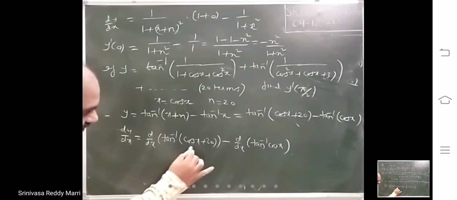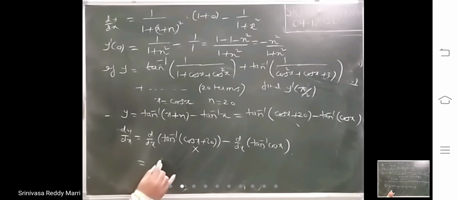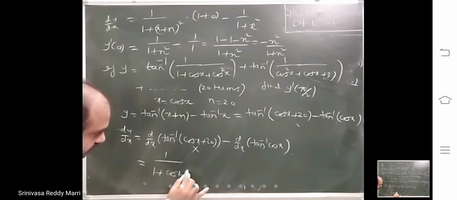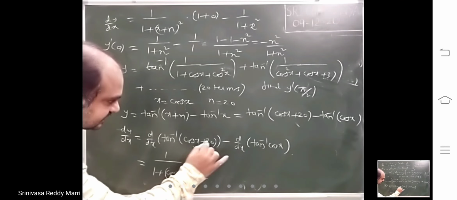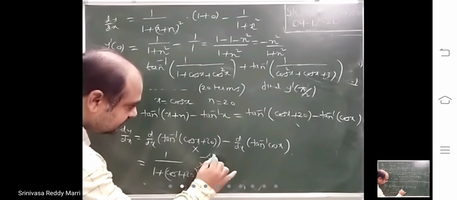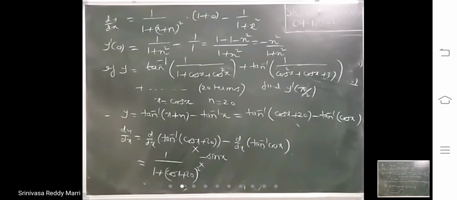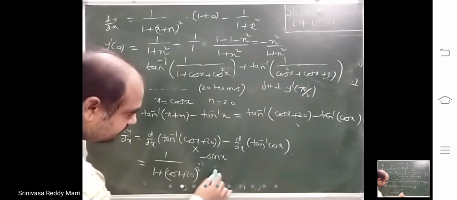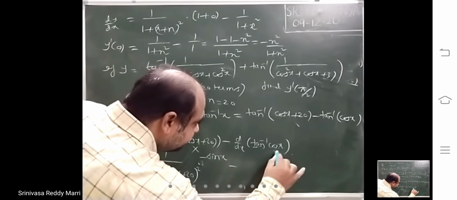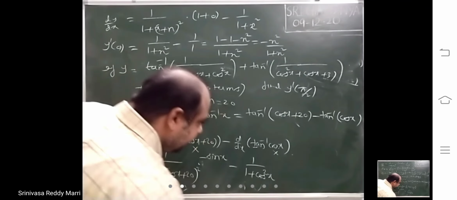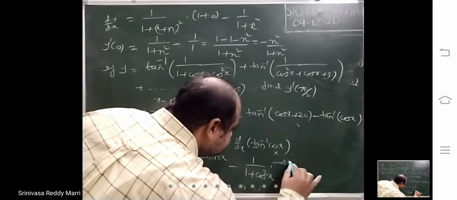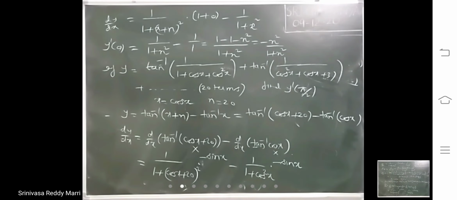So tan inverse now capital X. So therefore 1 divided by 1 plus capital X whole square into d by dx of capital X, which means minus sin x plus 0. 20 is constant, so its derivative is 0. So it is the derivative of tan inverse of capital X, 1 by 1 plus X square, into d by dx of capital X, which is minus sin x. So therefore now he is asking y dash pi by 2.